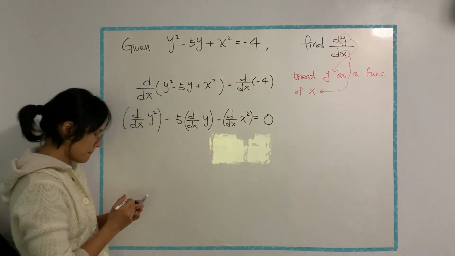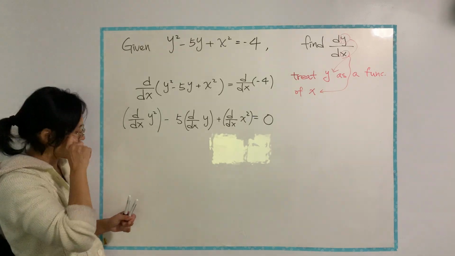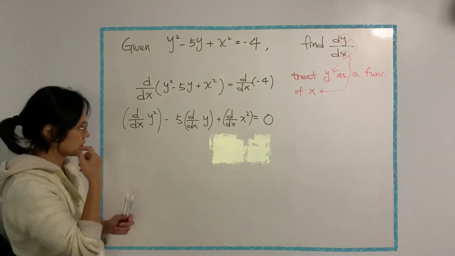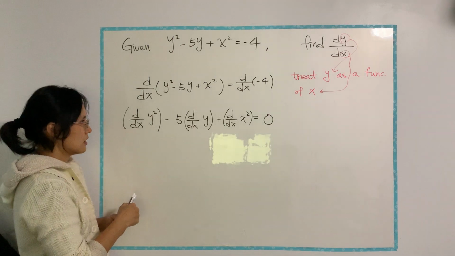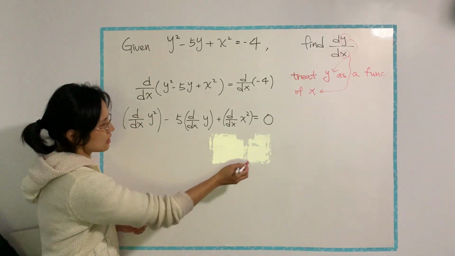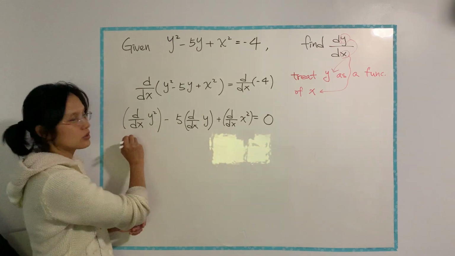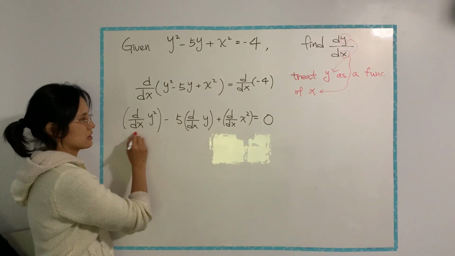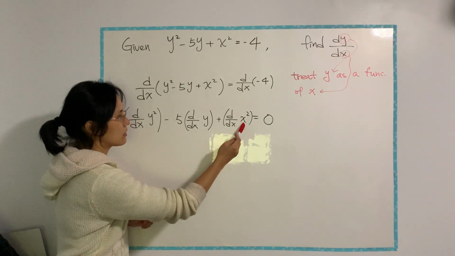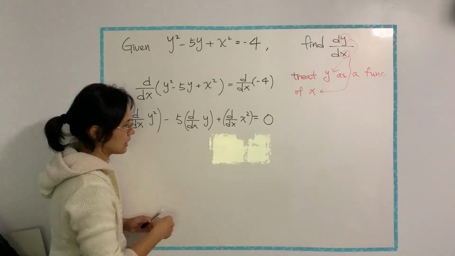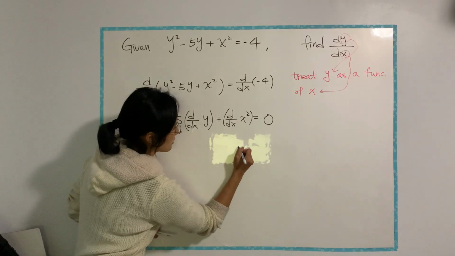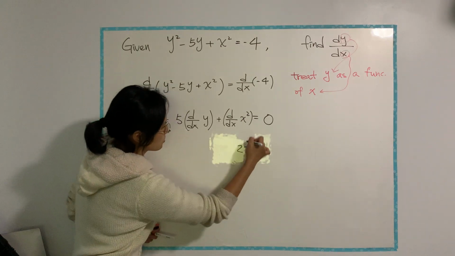I'm writing out baby steps for you, so then you can practice the baby steps. I'm going to start from the last term and do it backwards. Here we have a power function, x squared. Differentiate this with respect to x. The power rule tells us this is equal to 2x,